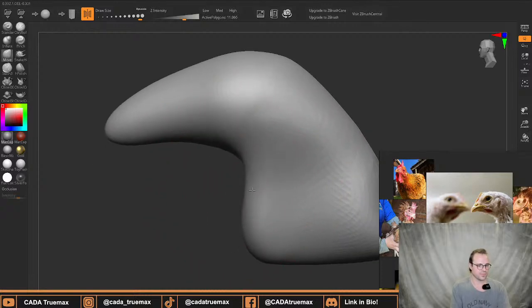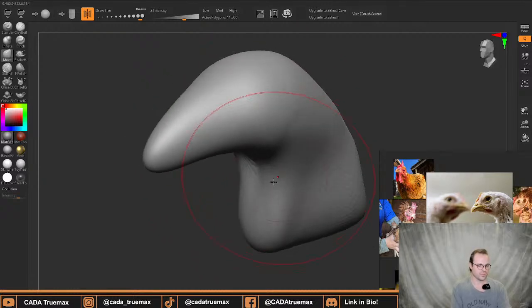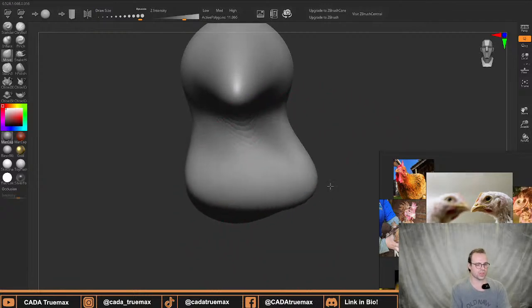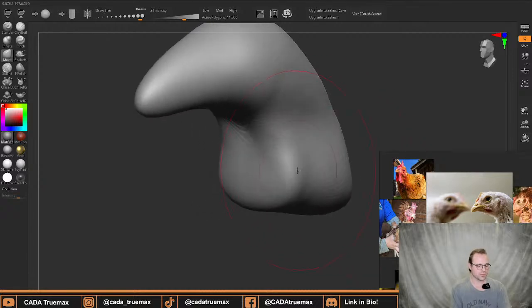A few comments from the chat. So first we have Nonsense asking, how do I get rid of the replicates? Every time I pull on the left, it will happen to the right too. Oh, you mean your symmetry? Yeah. So you can press X on your keyboard to turn it off. But when you're just doing the basic shapes and stuff like that, I would always start with it on. It's only later when we're into detailing and doing like tertiary, third level details, that's when we turn it off,